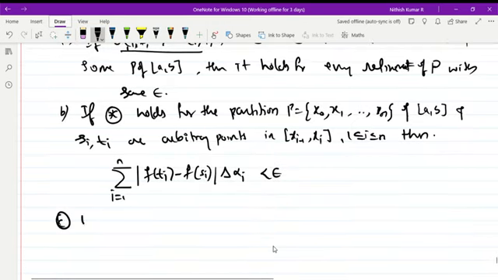And the third one: if f belongs to R of alpha, that is, f is Riemann Stieltjes integral,